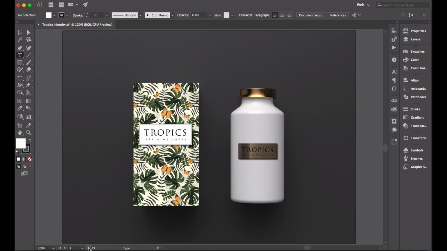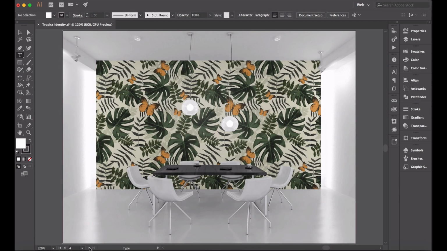So I'd like to credit Anthony Boyd Graphics for this pack. And the bag we just saw, and this wallpaper, come from Graphic River. So there are links in the brief where you can download these lovely free layered PSD mockups and you can apply your pattern too. So the first thing we're going to do is hop into Photoshop,